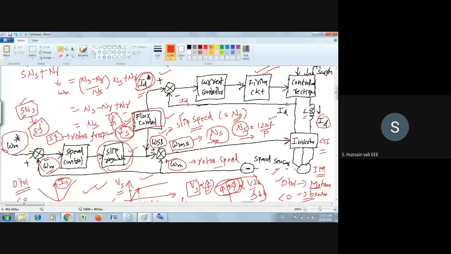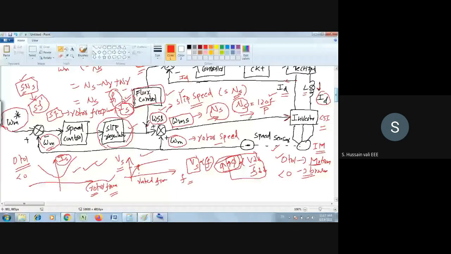The firing pulses on this control rectifier depend on the error in the DC current, that is ID and ID star. How are you generating ID star? You are generating ID star from the flux control. From the flux control, you see the flux equation is related to frequency. You check this yourself in the graph, the second graph. In the second graph, frequency has a relationship with IS, that is the stator current, whereas the frequency is related to flux here. So indirectly I can say flux has a relationship with the stator current.